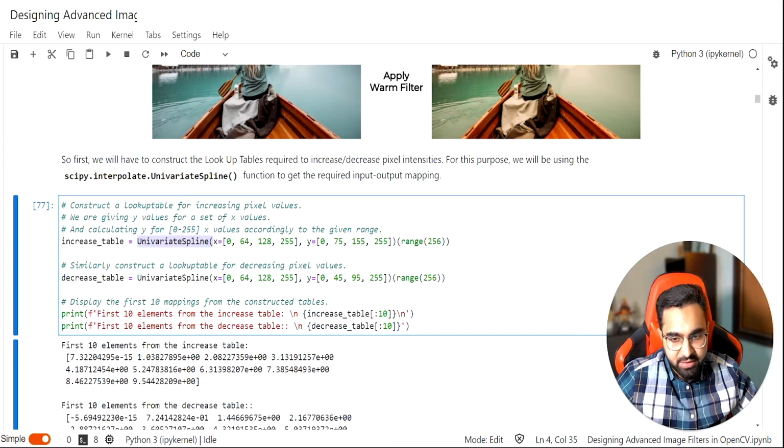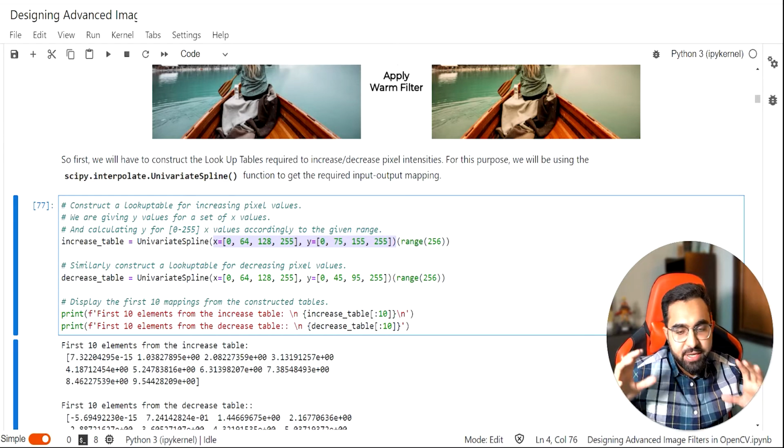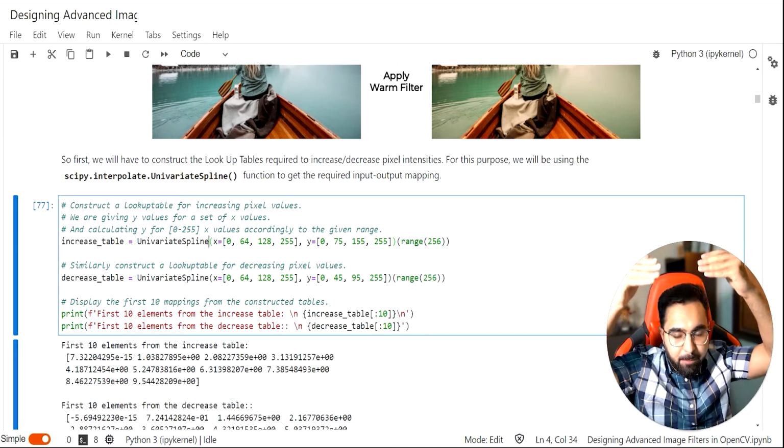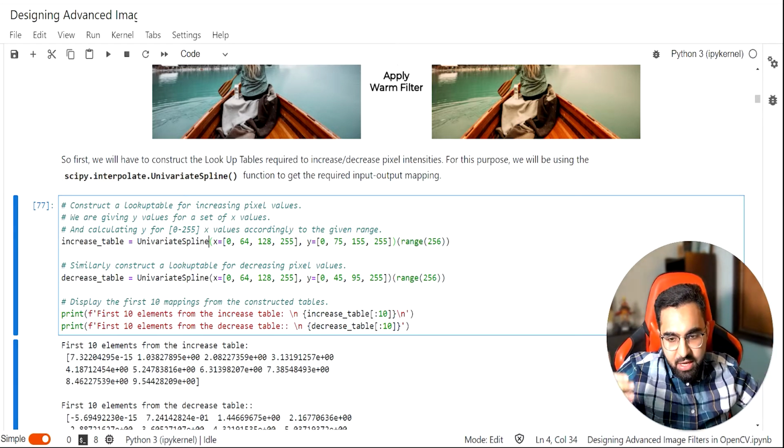of the defined length. So the length of this array will be range 256, an array from 0 to 255. Now this is how the interpolation will be done. I'm telling it that I need you to create an array of 255, and this is how I want the transformation to be. So what this is exactly doing is creating a mapping array, a lookup table basically, that